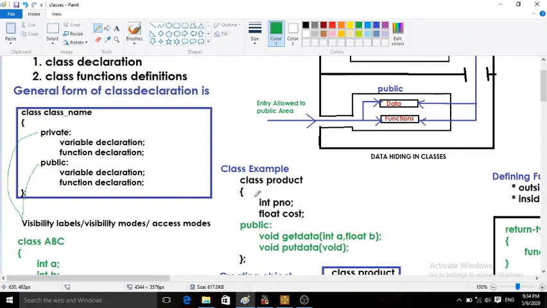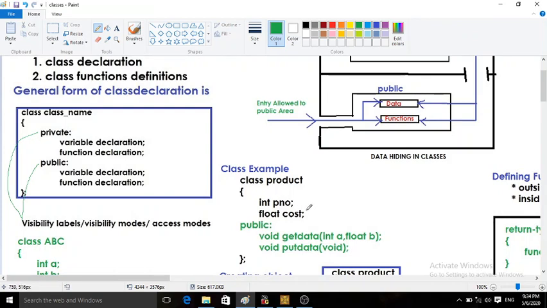I am not specifying any visibility mode here, which means by default this is private. So int PNO, I am using for product number. PNO is of type integer, which is my variable declaration. You can say this is my data member. By default this is private. Float cost of product is also private by default.